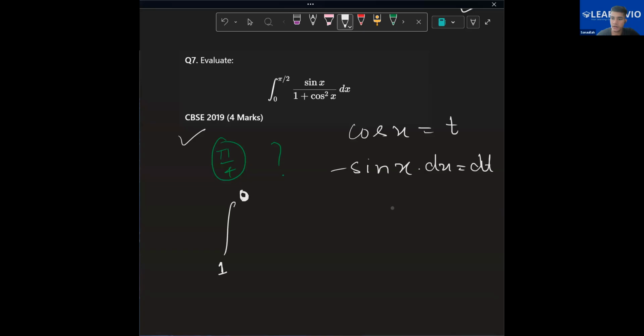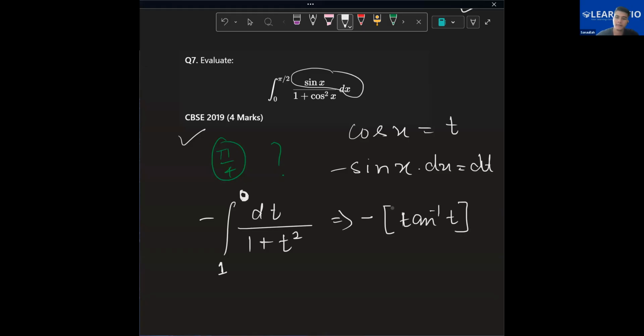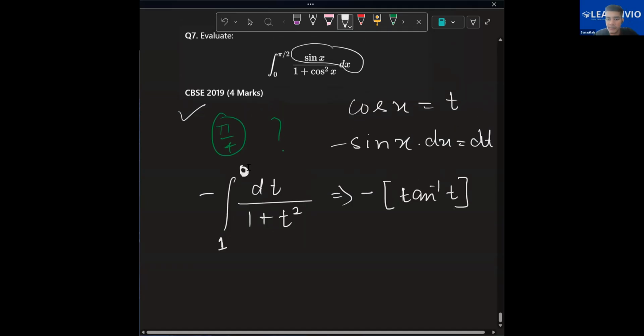So this is 1 to 0 and it's minus of, now you will substitute sin x dx. यहाँ पे जो sin x dx था, यहाँ पे मैं माइनस ऑफ dt सब्स्टिट्यूट करूंगा, दैट इज माइनस ऑफ dt, और डिनोमिनेटर में आई हैव 1 प्लस t स्क्वायर। 1 प्लस t स्क्वायर का इंटीग्रल होता है 1/(1 प्लस t स्क्वायर), दैट इज द इंटीग्रल ऑफ tan inverse of t. ठीक है।